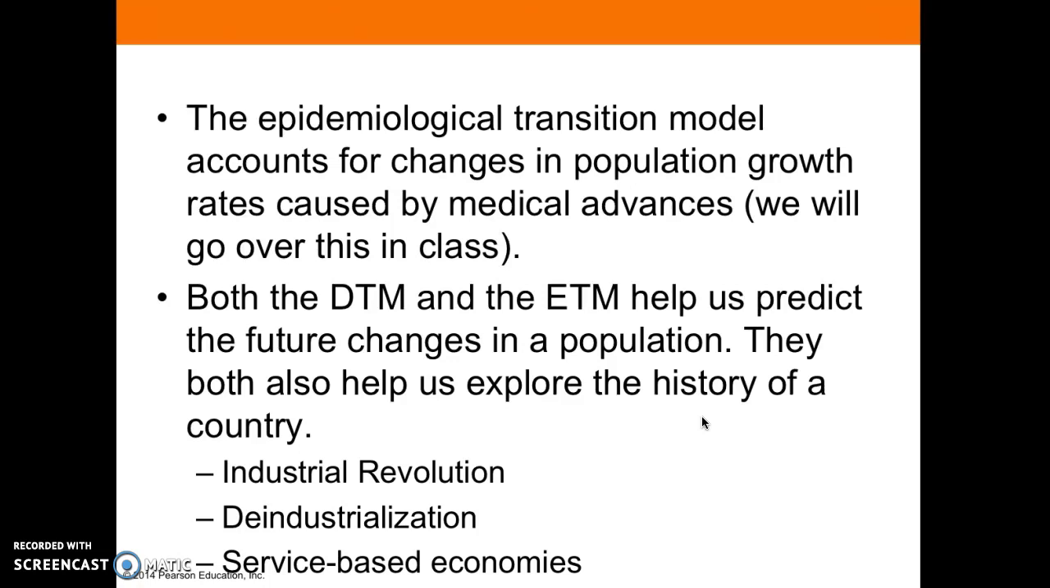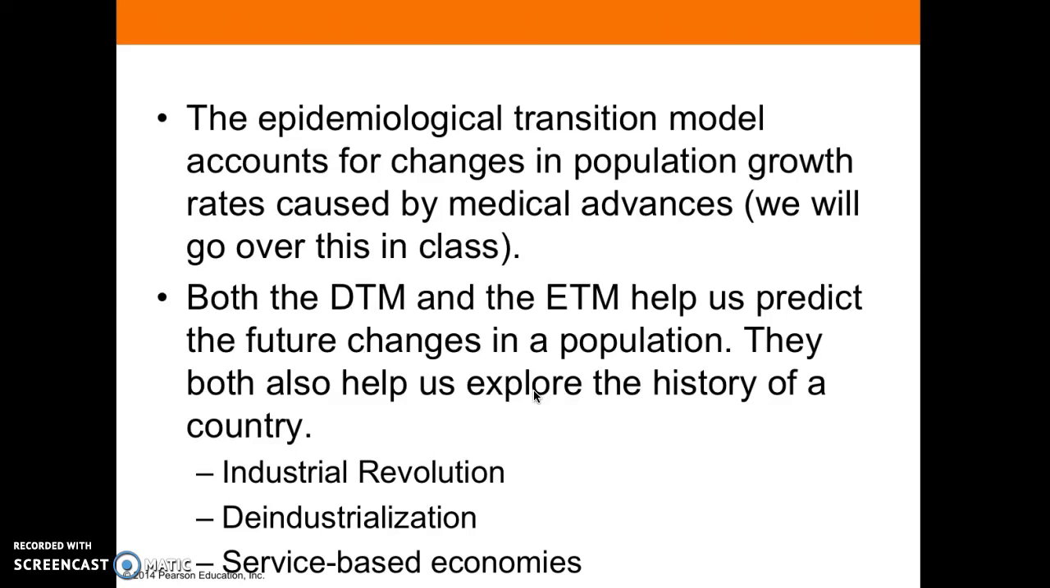And this is going to be in both geography and AP environmental. So this is a really important thing. We're going to keep coming back to it. It's important that both the demographic transition model and the epidemiological transition model are going to help us predict the future changes in a population. But they also tell us a lot about the history of a country, particularly the economic history. And so you can see on the demographic transition model when the Industrial Revolution occurred